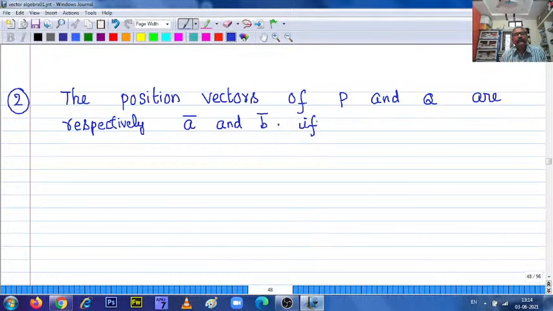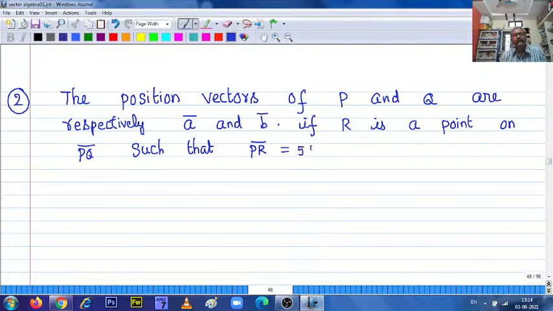If R is a point on PQ, such that PR bar equal to 5 times PQ bar, then the position vector of R is